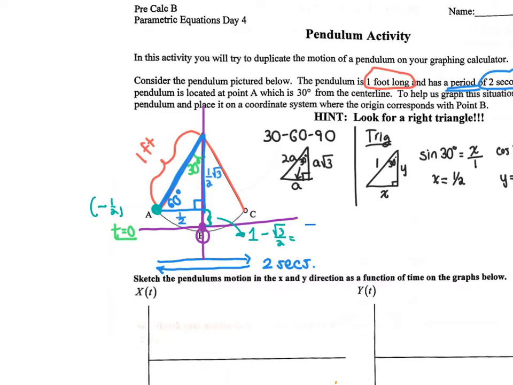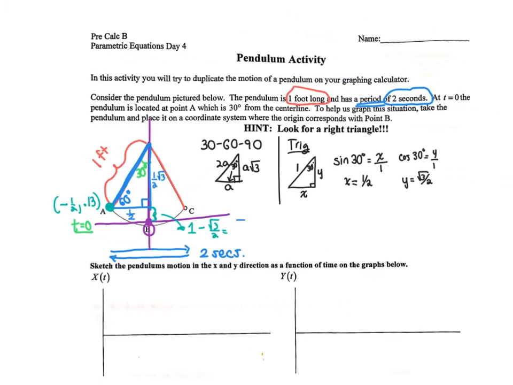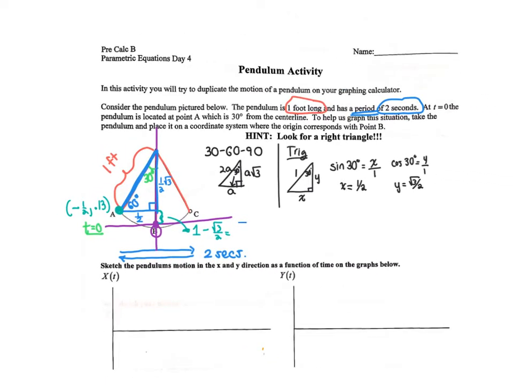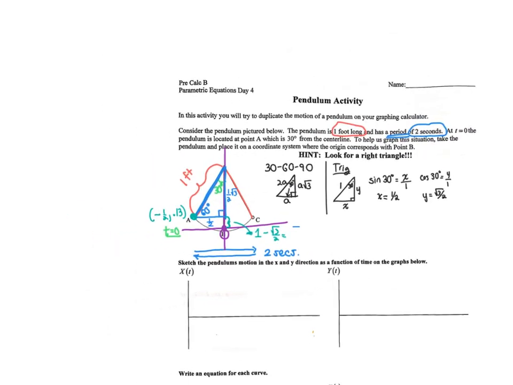So that's going to give us about 1.3 if we round that. So I'll go ahead and put that 1.3 now. Okay, so now we've got at least one ordered pair. Let's think about the path of the pendulum. We're going to use the path of the pendulum now to make a bit of an input-output table at some